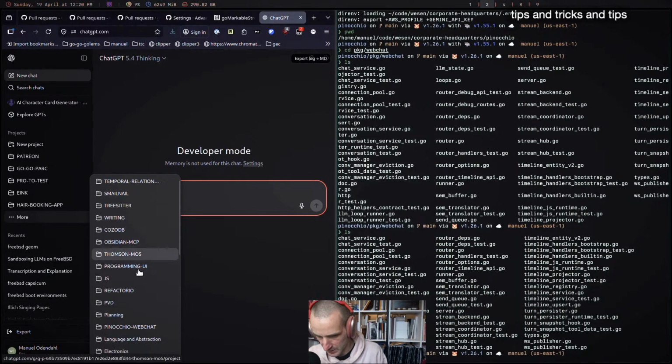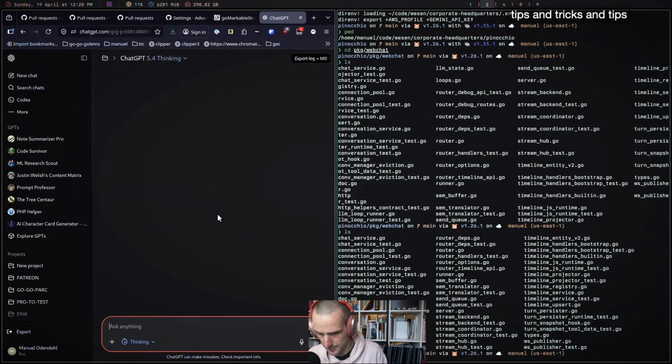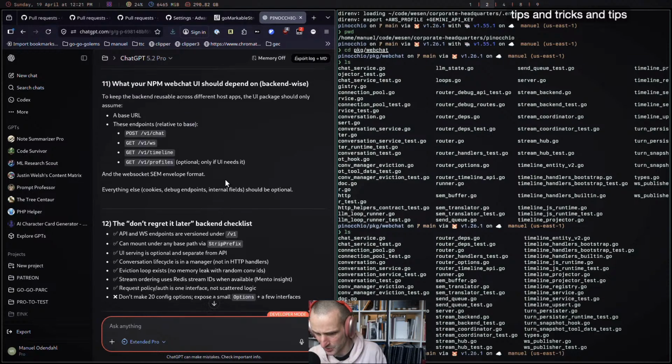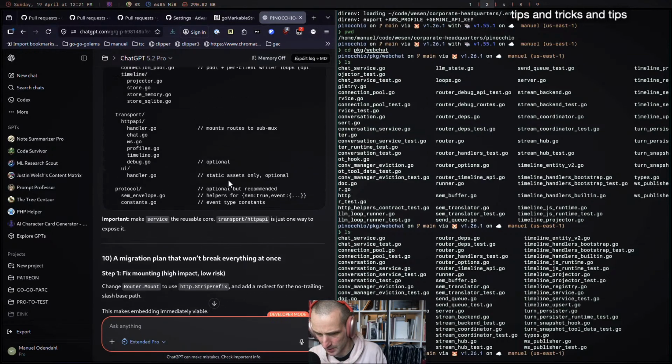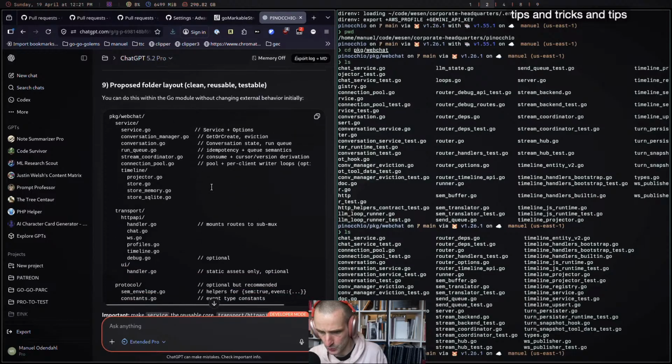So I had a bunch of analyses. I think they're in here, where I said, here's all the source code, tell me what's kind of off and what I can refactor, which was pretty good. There's a bunch of organizational things here that I'm going to be reusing.